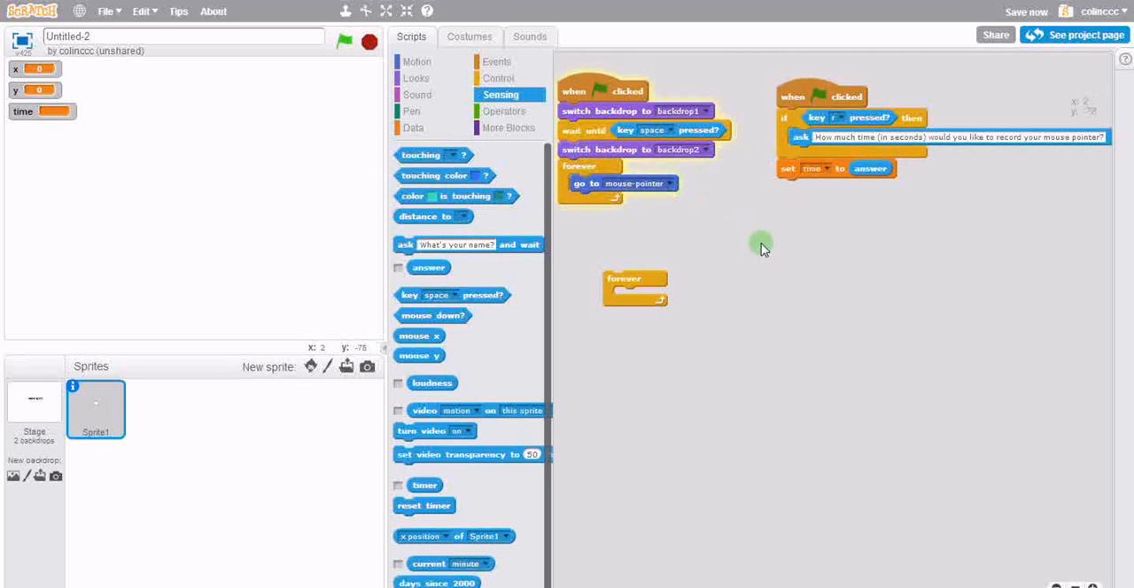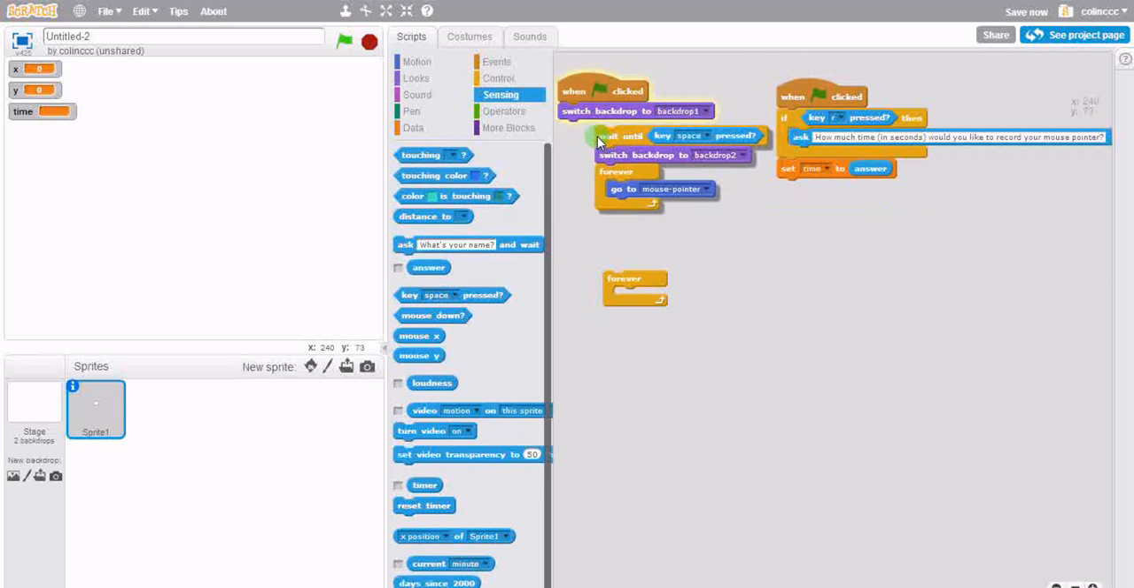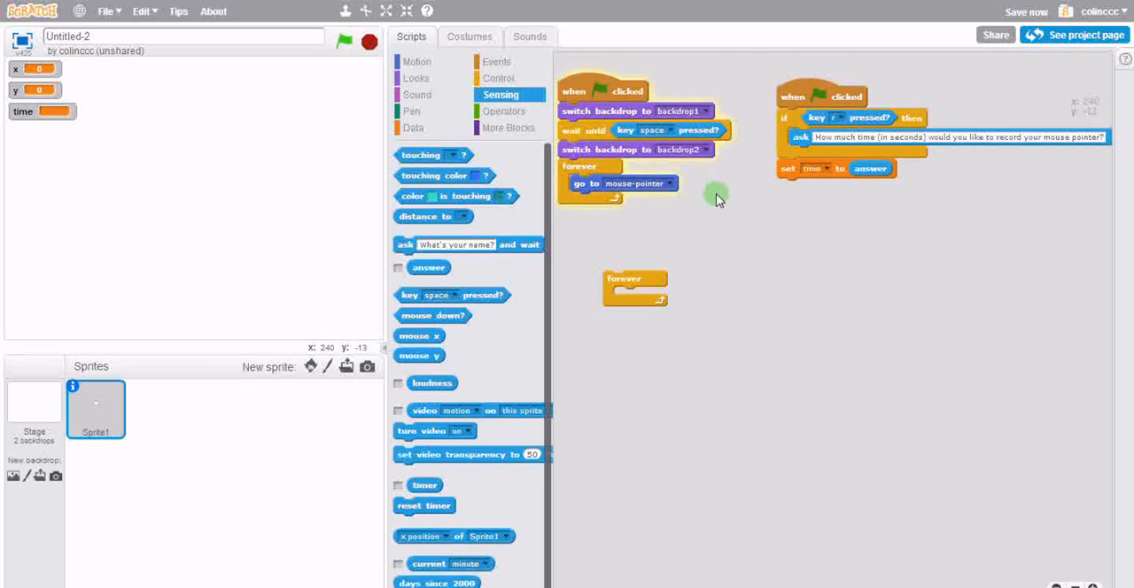Or maybe not, I'm just going to take that out for now. Oh, there we go. Alright, so now it's following the mouse pointer. When we press R,